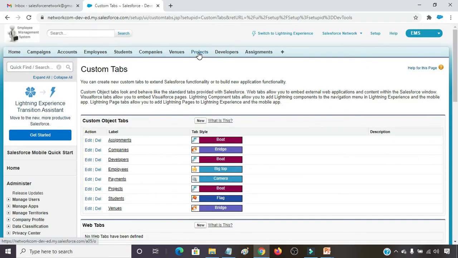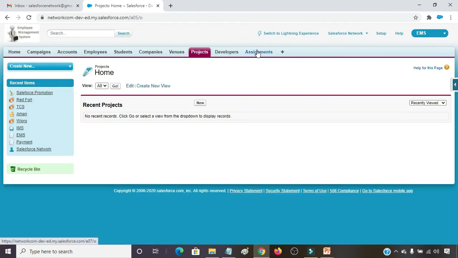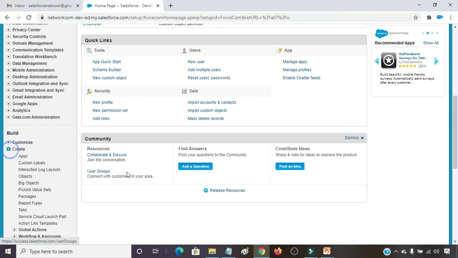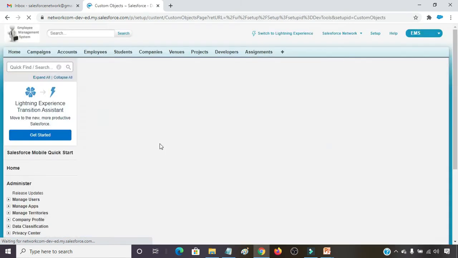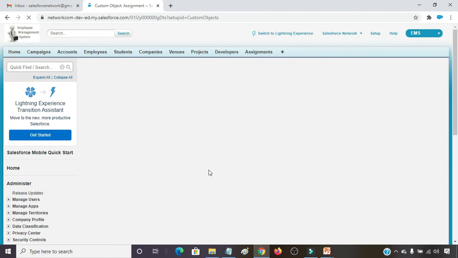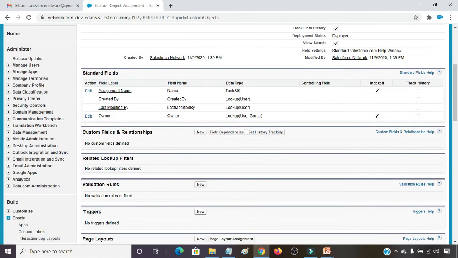So it's appearing here: project, developers and assignments. Here I am going with assignment. On assignment, I have to create two master-detail relationships. For that, again I have to go to Setup, Build, Create, Objects, assignment, Fields and Relationships, click on New.